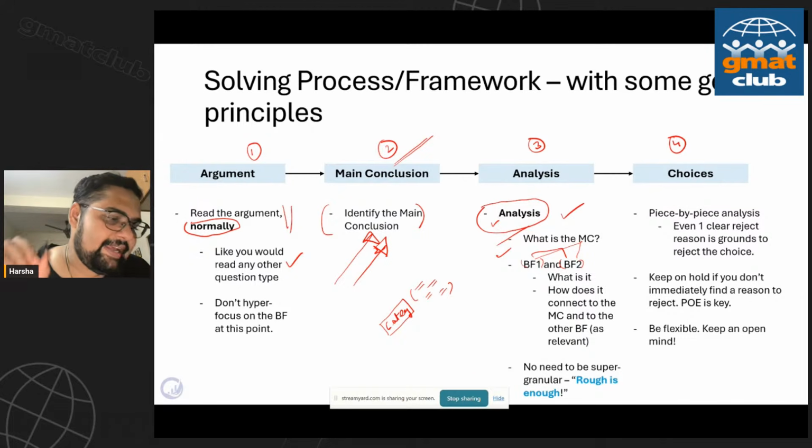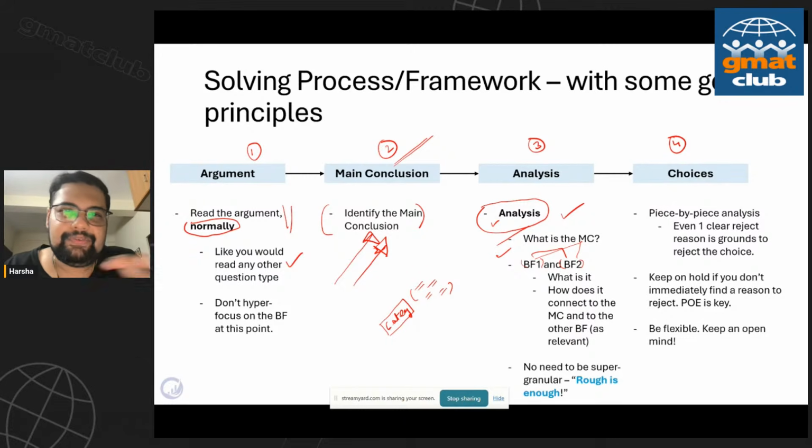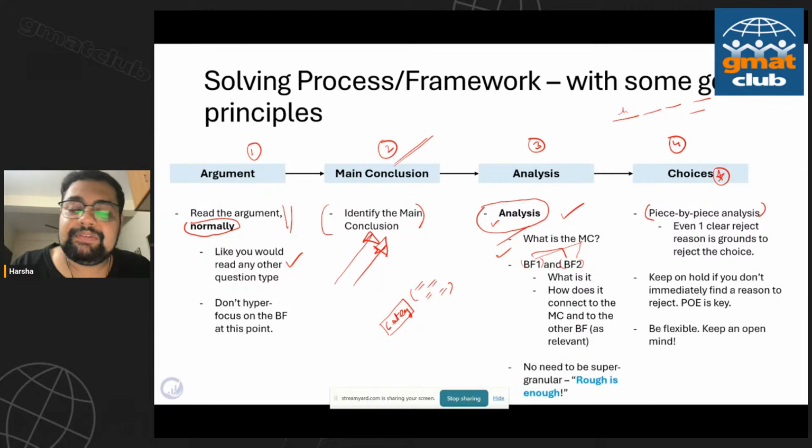Also, choice analysis in boldface is slightly different from what you would do for assumption, strengthen, and weaken. This is where there's a clear differentiation. Here, what you need to do is a piece by piece analysis. Each and every answer choice has these pieces. The first boldface is a claim. If that first boldface is not a claim and you're very sure it's not a claim, you could reject the choice right there. In the exam scenario, therefore, in a lot of cases, you can fly through boldface answer choices because you'll find a very quick, easy way to clearly reject a choice.